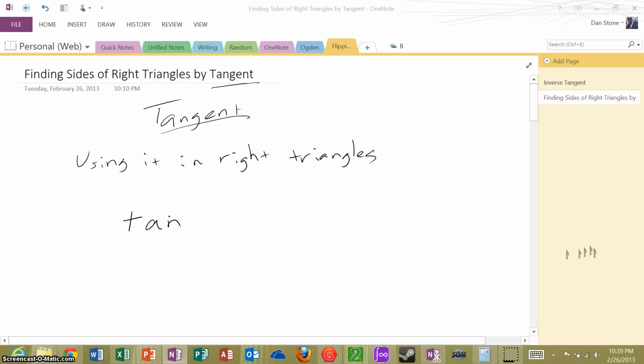Now, we take the tangent of an angle, and rather than call that angle x, we usually refer to it as theta. Right there, that is theta. And theta is just an angle we're going to choose in a triangle, and the tangent of theta is always going to equal the opposite side over the adjacent side